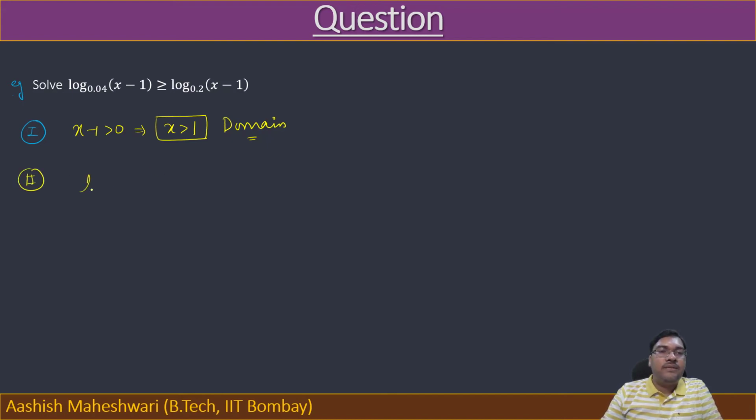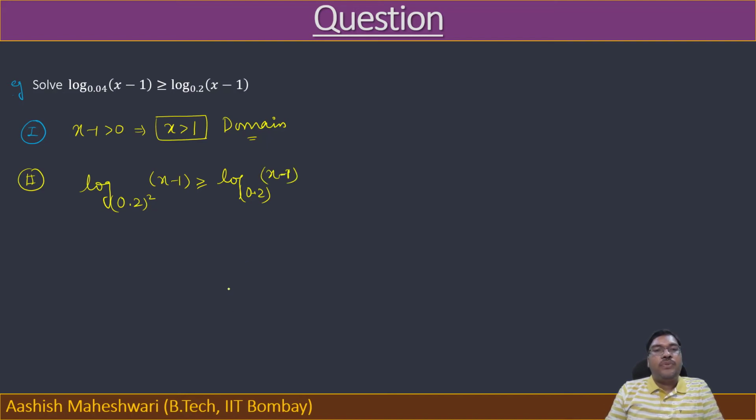So you can clearly see this is 0.2 whole square, right? Otherwise what you can do is change this: 0.2 into 0.2 will be 0.04. So now this is log of x minus 1 to the base 0.2 squared, greater than or equal to log of x minus 1 to the base 0.2, right? Now we can take this 1 by 2 outside, so this will become 1 by 2 log